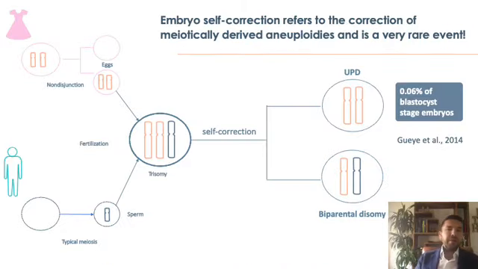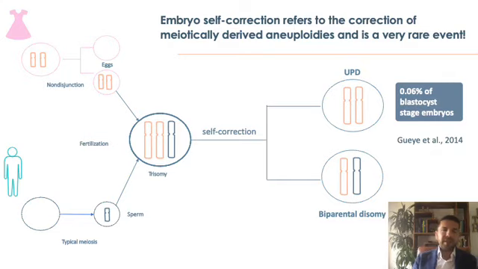Meiotically derived aneuploidies are expected to be present throughout all the cells making up the developing preimplantation human embryo, and are not supposed to be self-corrected during preimplantation development. Sometimes we have in our field a false common belief that meiotically inherited aneuploidies frequently go through a self-correction event during preimplantation development. However, this is not supported by the evidence, because this is a measurable outcome that we can appreciate